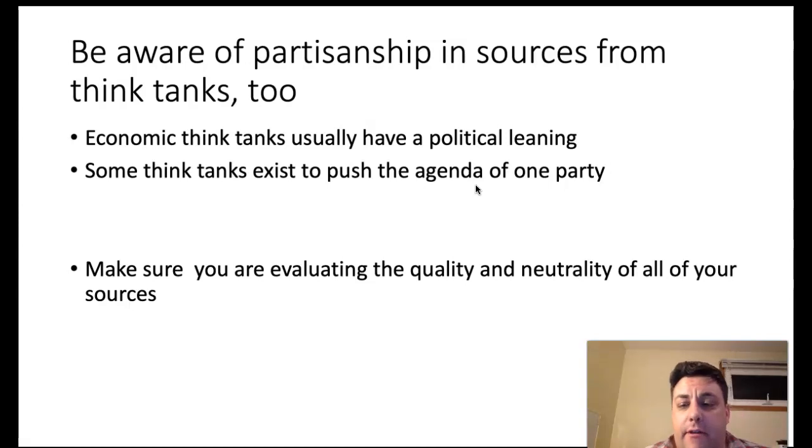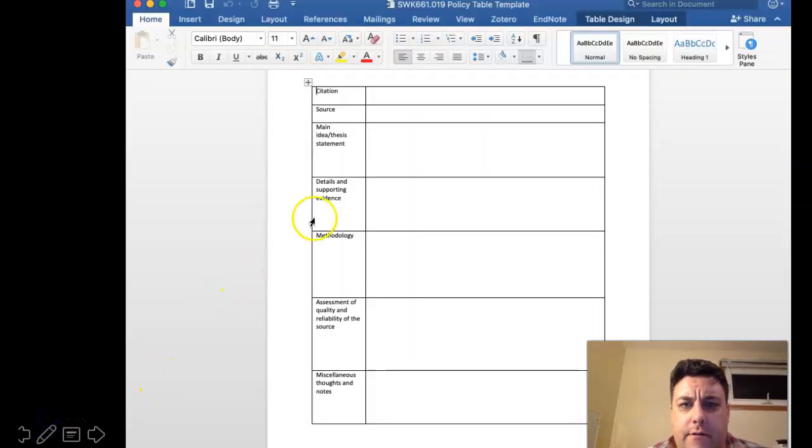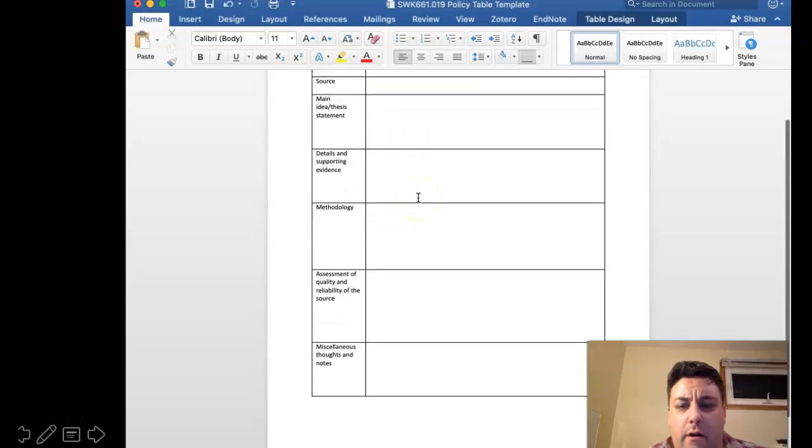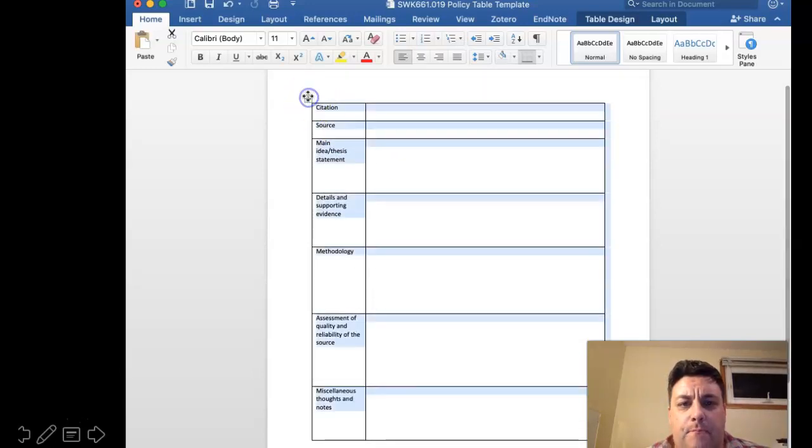Now, not everything that you're going to find is going to be completely neutral, and that's fine. But what you're doing is putting in some caveats when you use the information from your paper. So let me just pause this real quick, and I'll switch over to the table. All right, so here's the table again, and this template is on Moodle for you. You can adjust these however you need to. You can make things bigger, smaller, whatever. I've just put one on this page, so you can copy and paste it as many times as you need